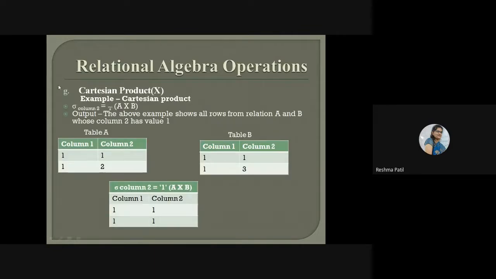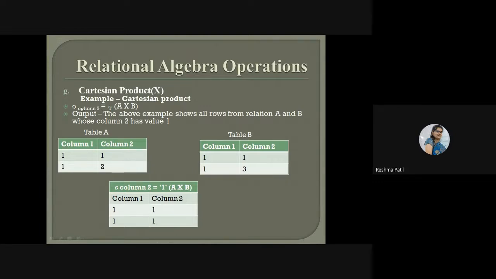For example, we are using some queries on select. We are going to apply the Cartesian product on two tables. Where we were using a single table name, there we are using the Cartesian product symbol, A Cartesian product B. We could write only A Cartesian product B, but here we have applied some condition, so as per this condition we are getting the result.